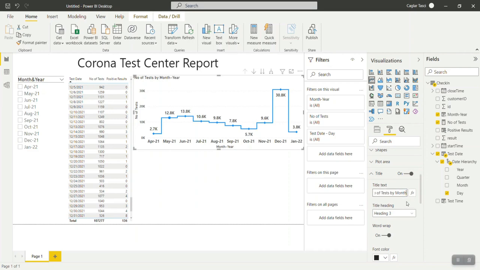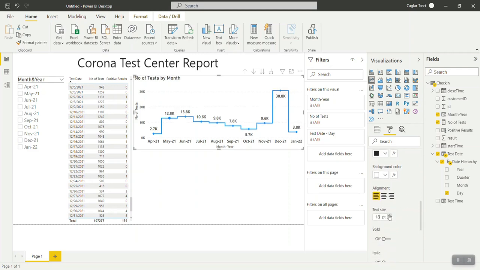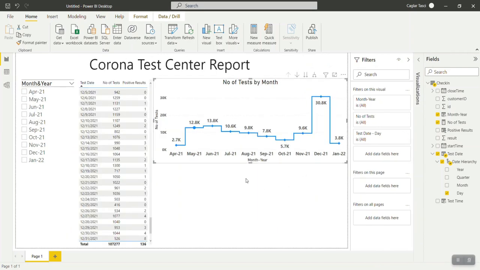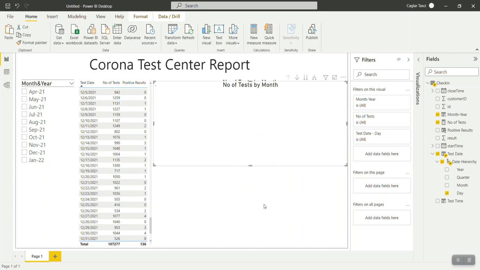number of positive results. So what I will do is I will quickly copy this visual and drag it just below the first one. And now all the formatting options that I chose are pre-selected. So this is the benefit of copying a visual, because you won't have to do all that work again. And I will just make changes related to this chart. So I will add positive results instead of number of tests, and I will go into